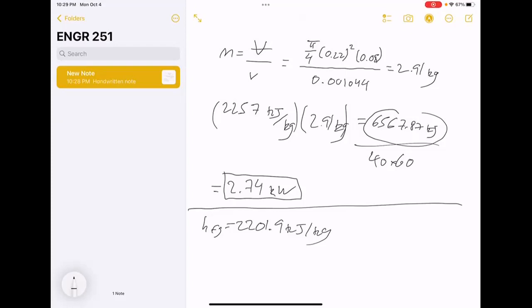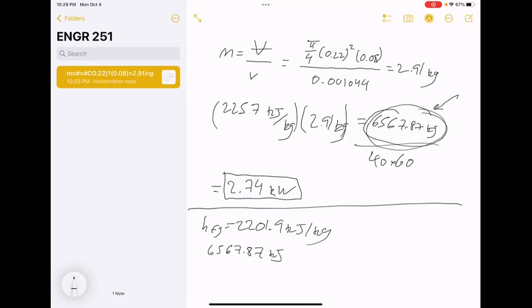But the point is it should be the same energy input here because it's the same heat input for the same amount of time. So you don't even really need to calculate it. You can just use this value over here. So we know we're putting in 6567.87